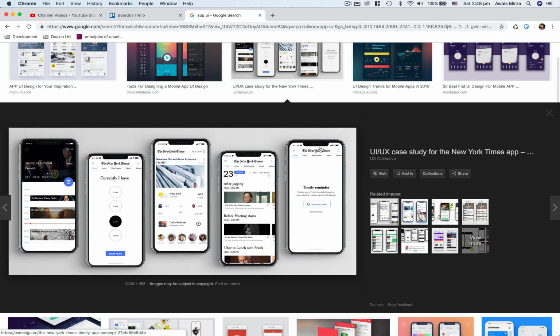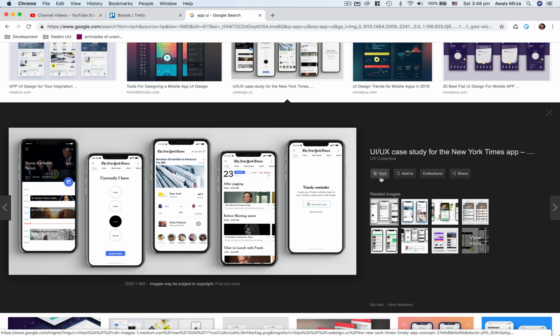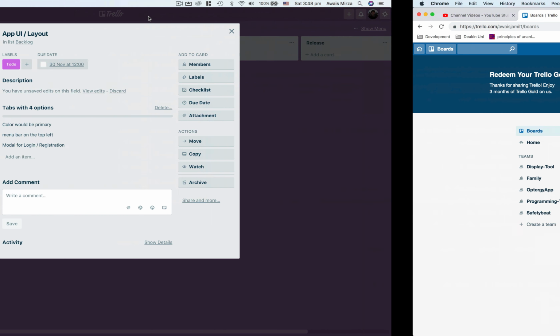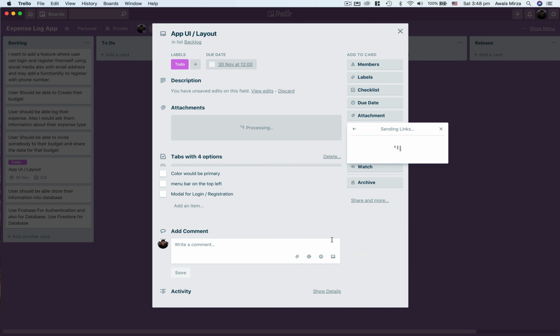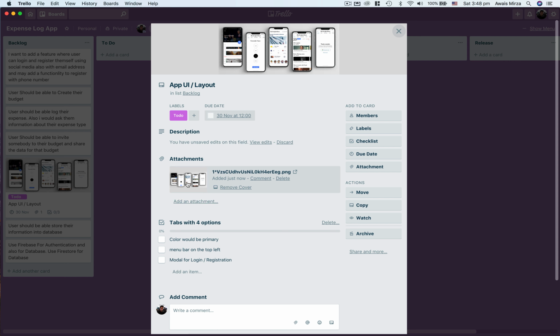So let's just use this one. So I'll just copy a URL, or I can just click on that. For example, I'll visit this, and let's see if that's an image. So now that's not an image, so we'll just have to copy its image address. Let me close this site. We go back, and then I'll just say, oh right, I want to add this. I'll just do attach, and it's going to go grab that image and put that image right in an attachment. So now in app UI / layout, I can see the reference as well,